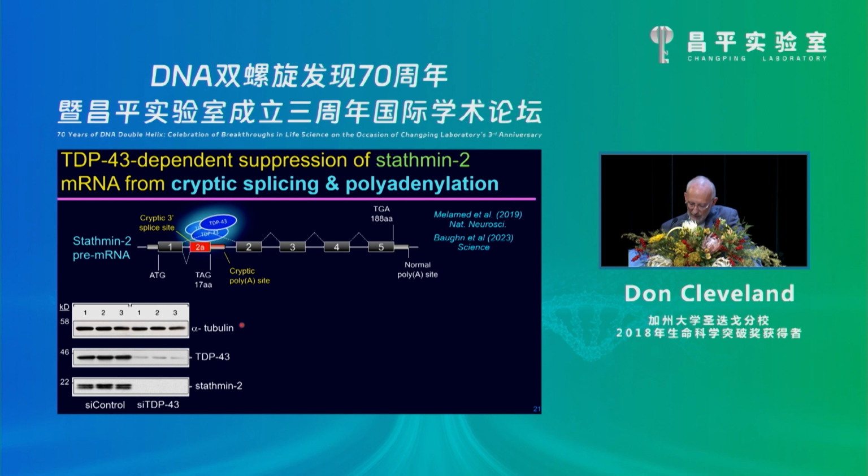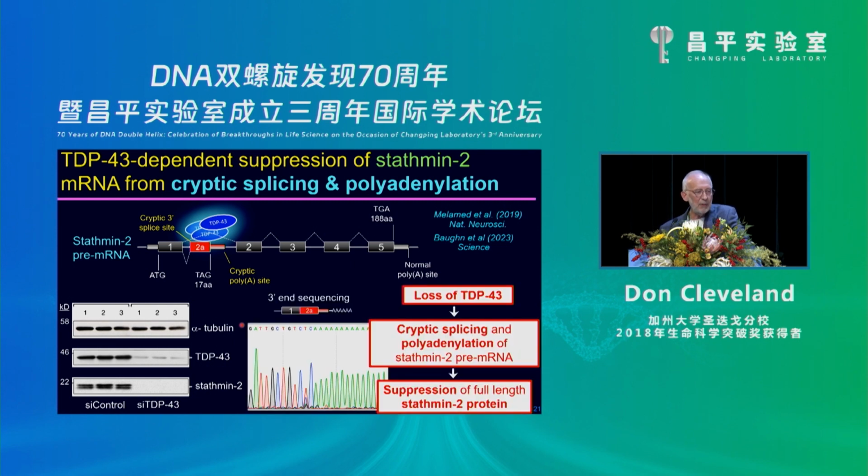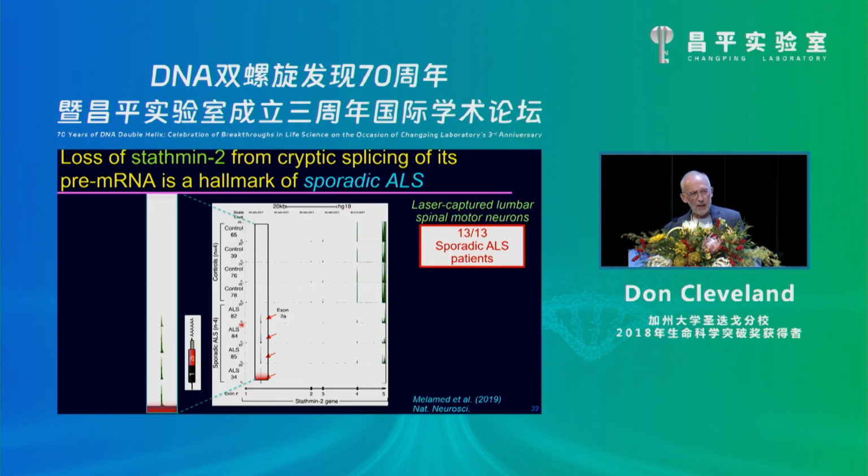It does so because the pre-mRNA gets spliced at a cryptic splice site in intron 1 and cryptically polyadenylated just after that, in what should have been intron 1, making a non-functional RNA that encodes a tiny 16 amino acid fragment of Stathmin. This happens in almost